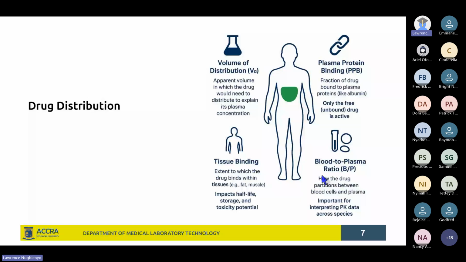That's also an important aspect of it, because what it means is that the more free a substance is, as you see here from the top, the plasma protein binding, the more you have free substances, the more you have an active drug substance in the body, because a bound substance will not be active. It is the unbound substance which is free